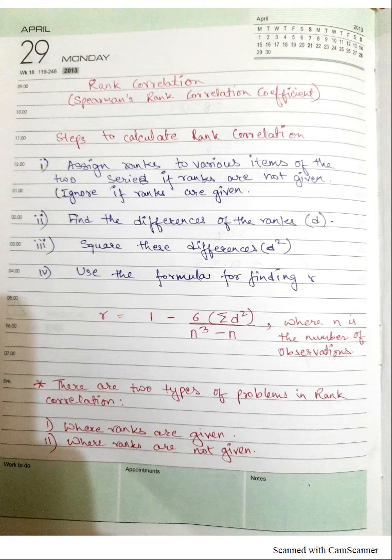Today, we are going to discuss a different measurement of correlation coefficient, that is the rank correlation or Spearman's rank correlation coefficient. It is a bit different from Karl Pearson's correlation coefficient, since in this technique we use the rank of the given data of two variables to calculate the correlation between the two variables, unlike in Karl Pearson's correlation coefficient where we use the given data as it is itself.